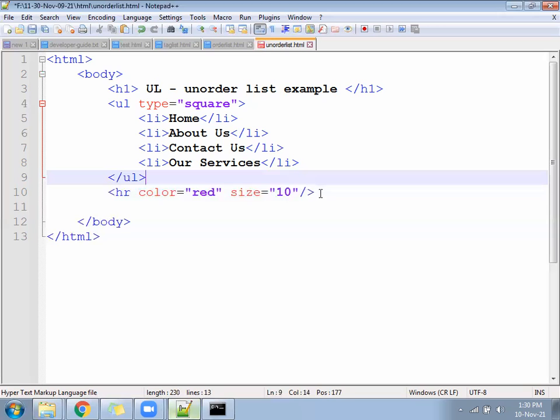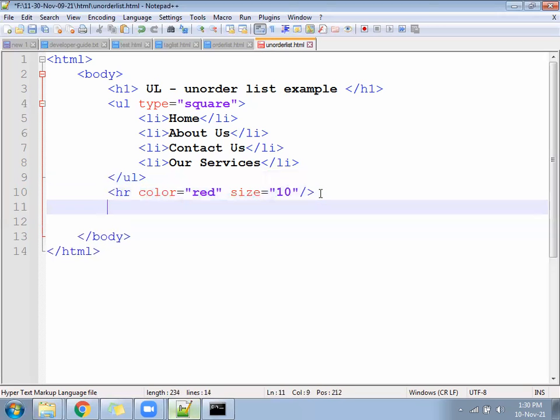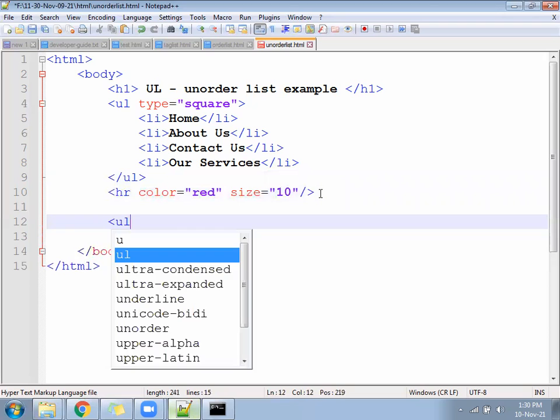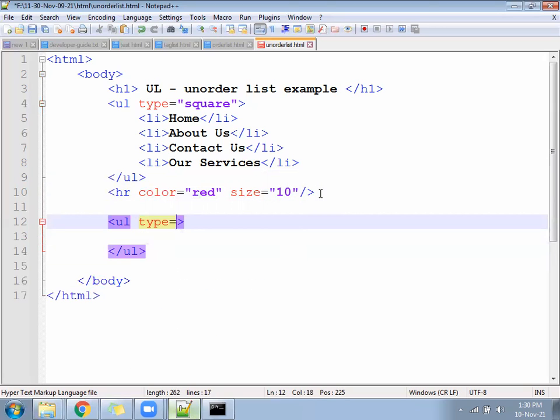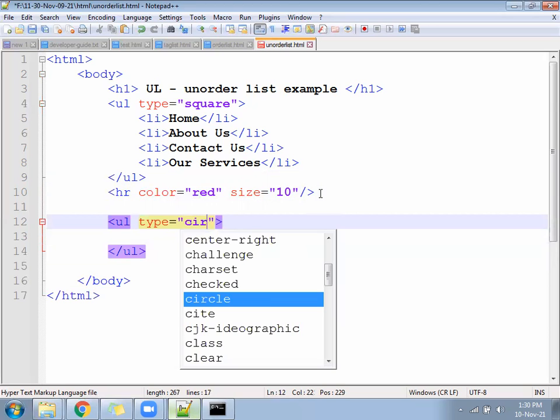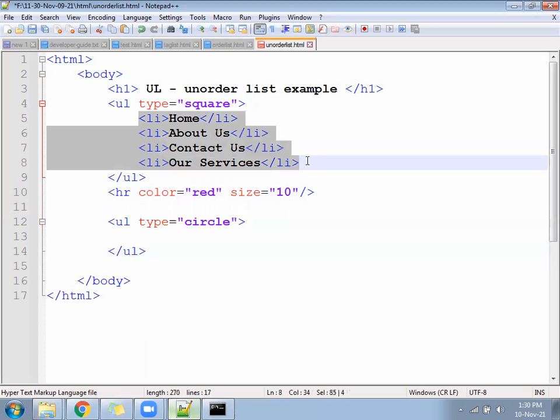Check now, next. Another UL we can write here, next UL with type equal to circle. Inside the circle, keep the same li.